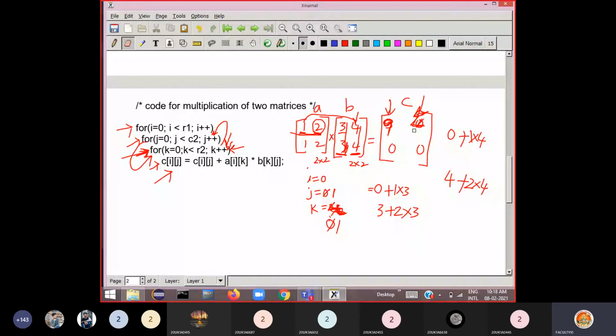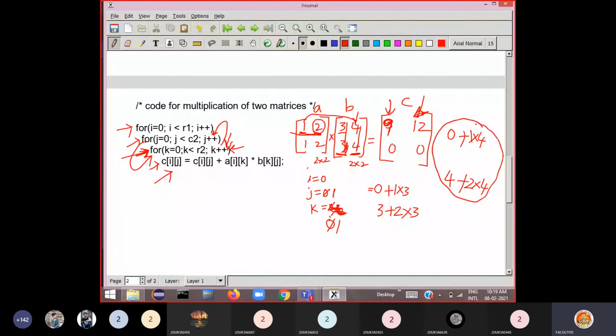So that means you have performed the first row multiplied by the second column of the second matrix. So 1 into 4 plus 2 into 4 you did. This is the calculation you did.